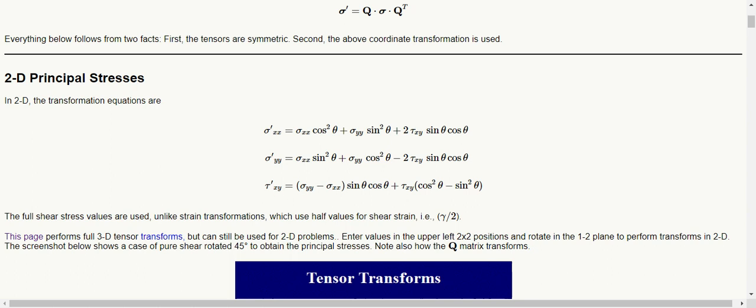or a state where there will be pure compression or tension and there should not be any shear applied in that body. So basically, when you know your sigma x, sigma y and tau xy, and you are asked to compute the orientation for which there is a principal stress, or compute the principal stress, you just have to start with this third equation first. There you shall put your values for sigma x, sigma y, and tau xy, and compute the value for theta, for which your tau dash xy is 0.